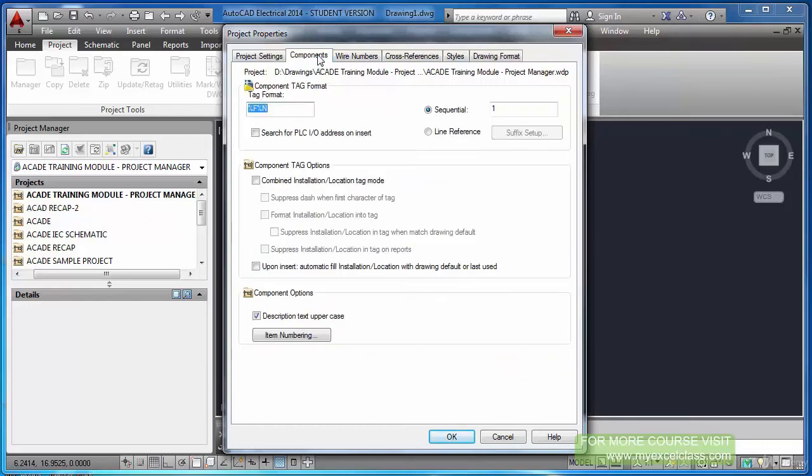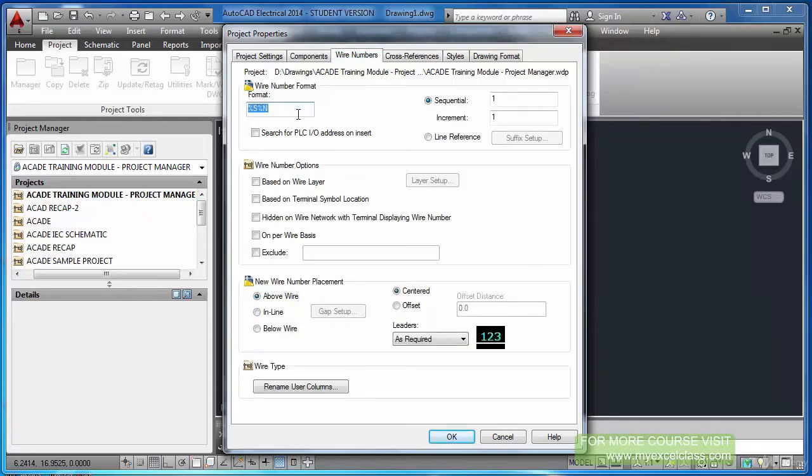Now moving back to components. Again, if I try to explain what %F stands for, what %N stands for, you may not follow, you may not get it right now, because you have not seen what a component is, you have not seen what tagging is. Without knowing that, if I explain all these things, it's useless. So let it be like this only, the default. And sequential, let it be like this only. So everything is like this by default. I am taking the default value.